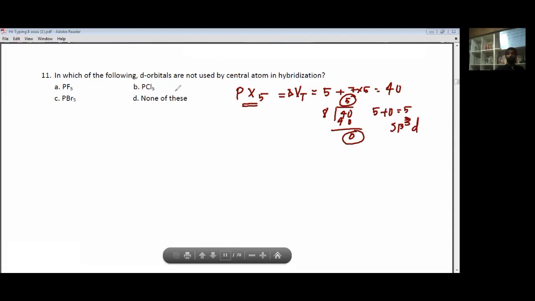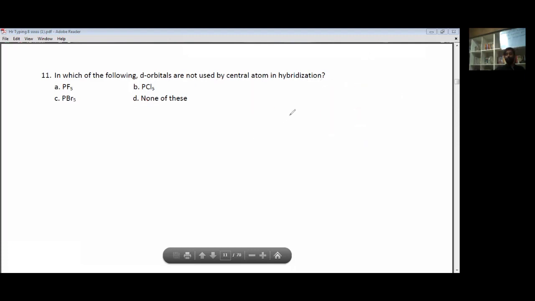Okay. So they all should use the d orbital. So the option which is not using the d orbital is none of these. Okay. Because everyone wants to use the d orbital. Ready? So moving to the next question. Next question, that is